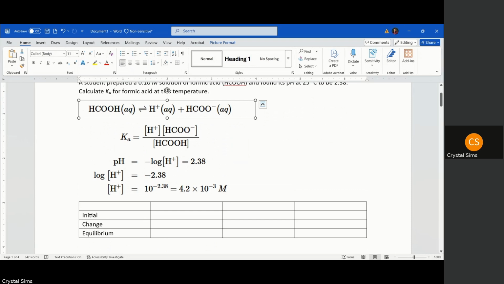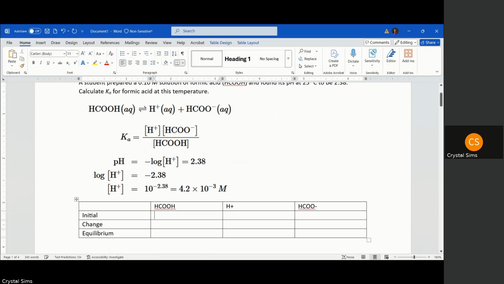Remember, ICE refers to initial, change, equilibrium, and that is the concentration in molarity. So we'll plug in our reaction here. So we've got HCOOH, our formic acid, hydrogen ion here, and formate ion there. Okay,